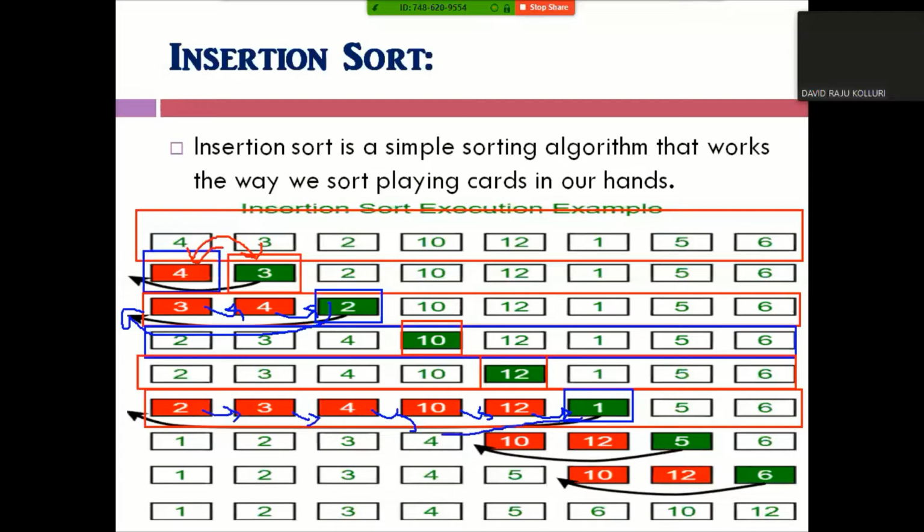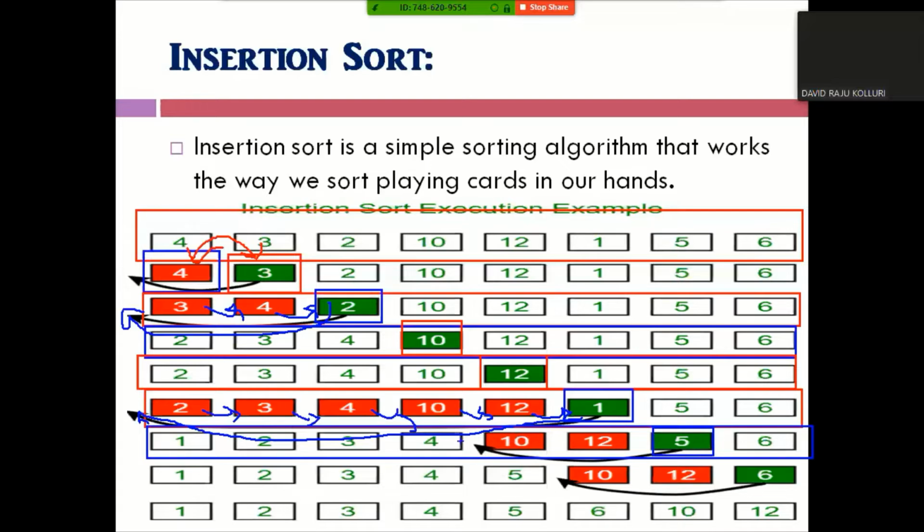Then this element 1 will be moved before 2. So if we continue this process, finally we can obtain the sorted order. In the next step, we need to pick element 5.